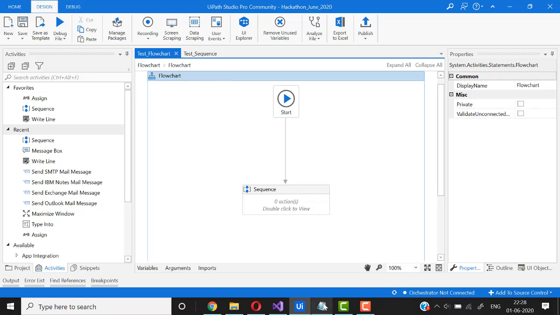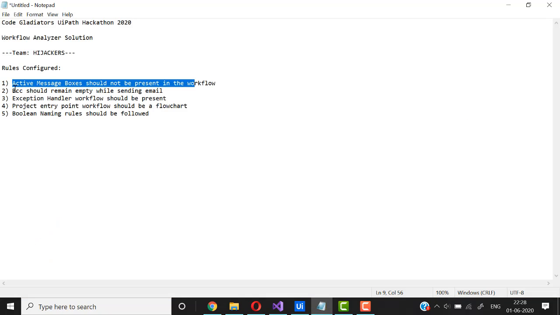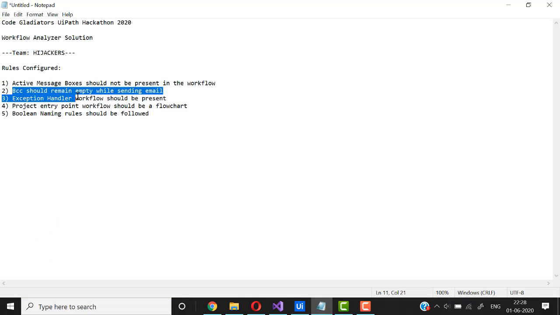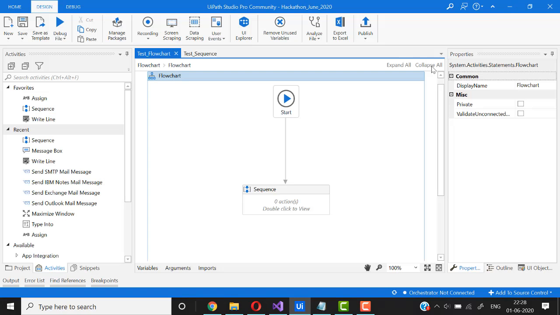The second rule that we have configured is that BCC should remain empty while sending emails. Again, I'll start with the requirement of this rule. BCC is one of the key features that we use when we send emails. But when it comes to the automation of sending an email, recipients present in BCC should be validated by someone.